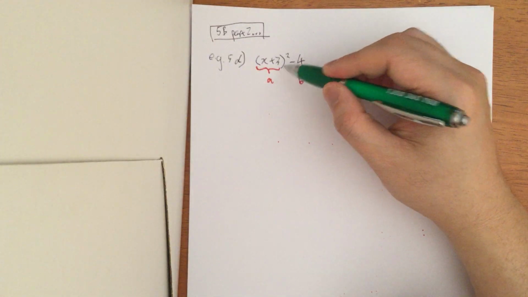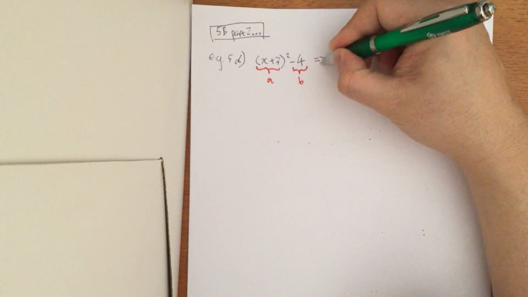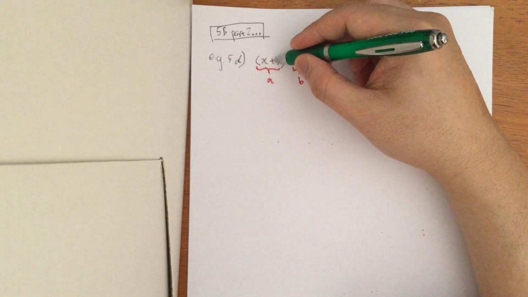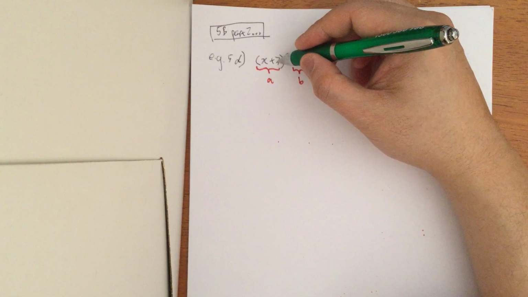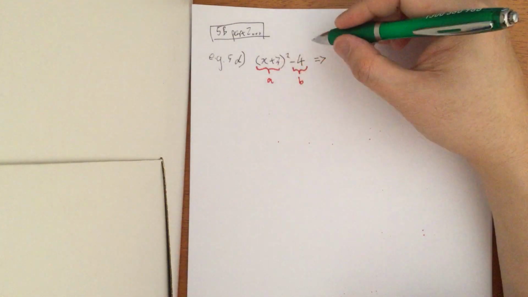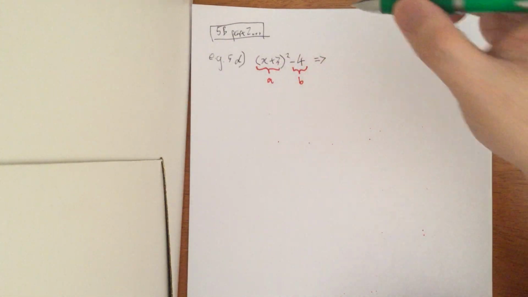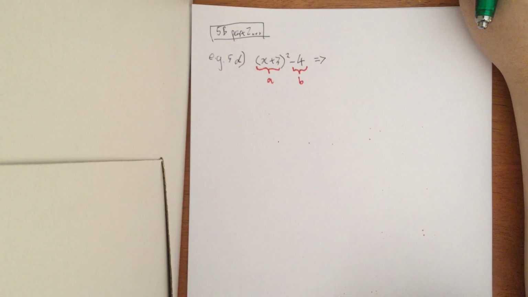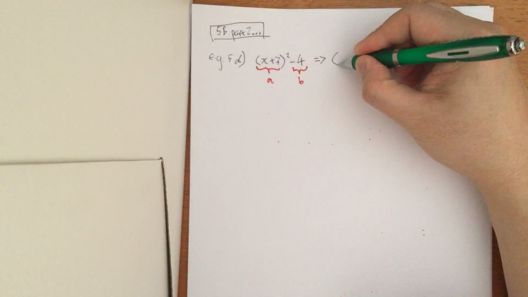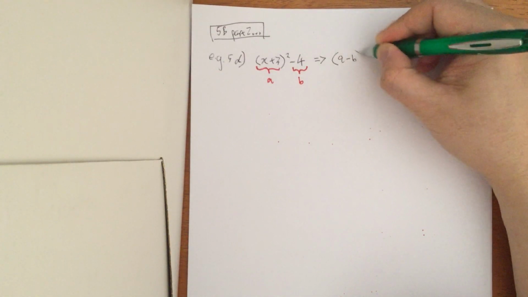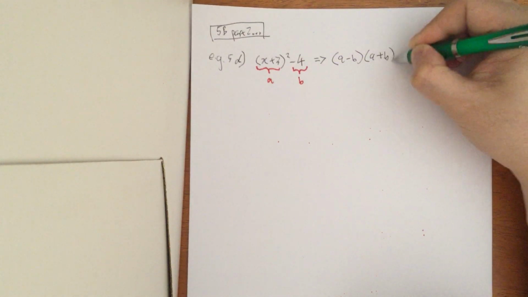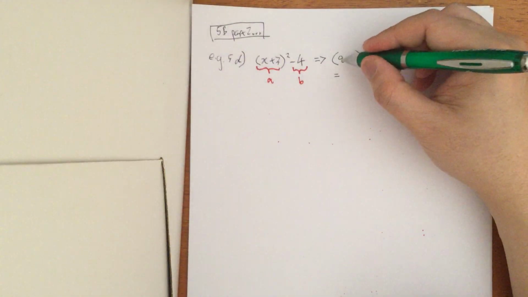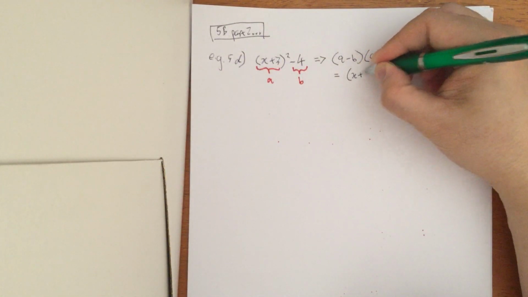You must realize that in this particular case, your A is not a single letter or number or a phrase. This is the entire expression. So in this particular token, this thing still is A squared minus B squared. It's just that your A value is the entirety of x plus 3. So remember, we still need to adhere to this particular form. You just substitute, remember substitution from the previous topic. Substitute A with x plus 3